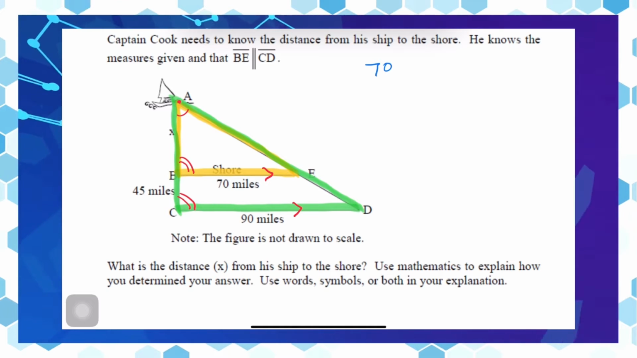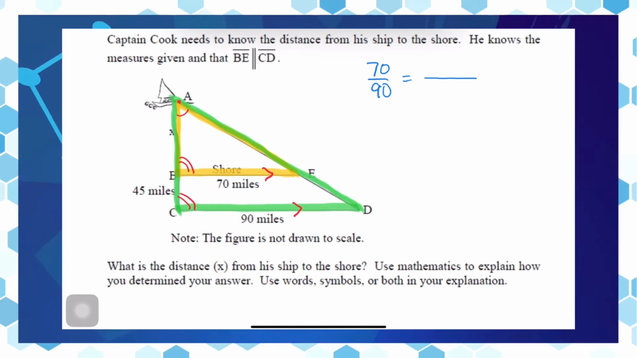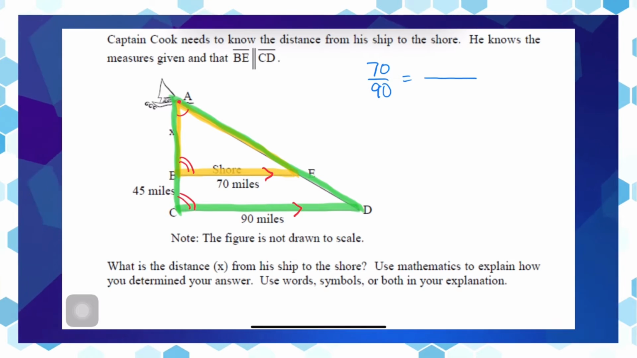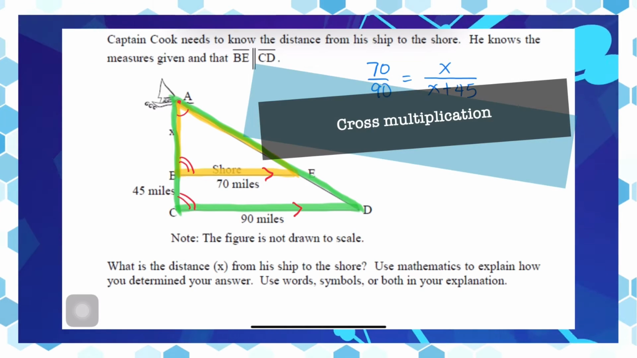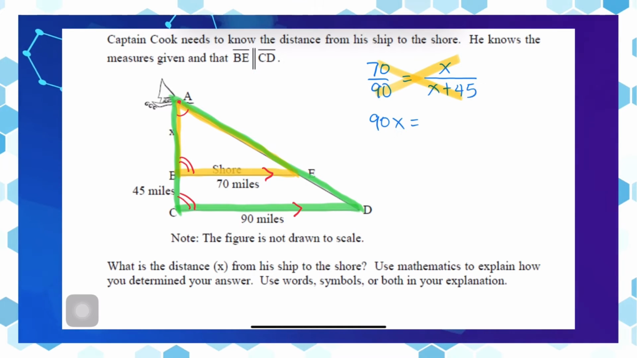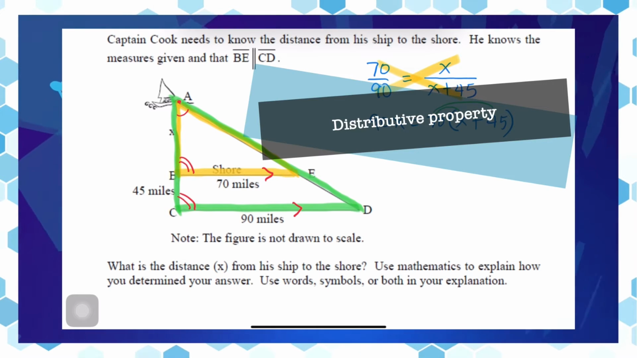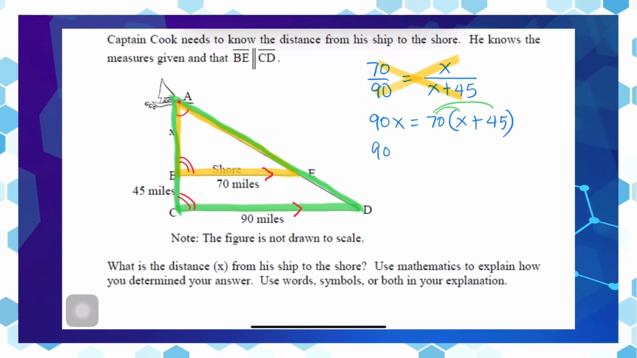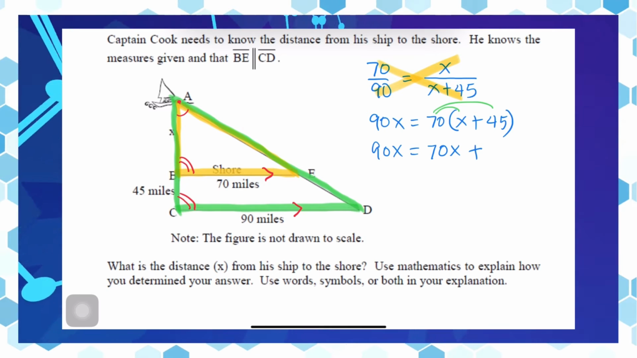70 corresponds to 90, therefore I have 70 over 90 is equal to x corresponds to the sum of x and 45. So we have x over x plus 45. Applying cross multiplication, we will end up with 90x is the same as 70 times the quantity x plus 45. Using distributive property on the right side of the equation, so we could simplify, we have 90x is the same as 70x plus the product of 70 and 45, which is